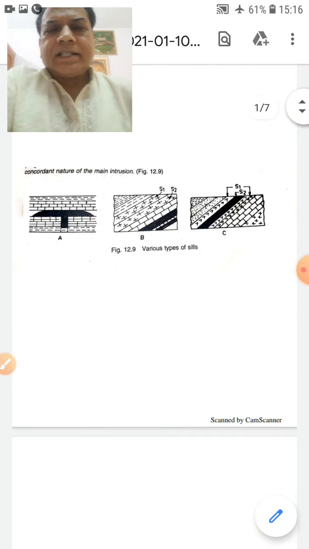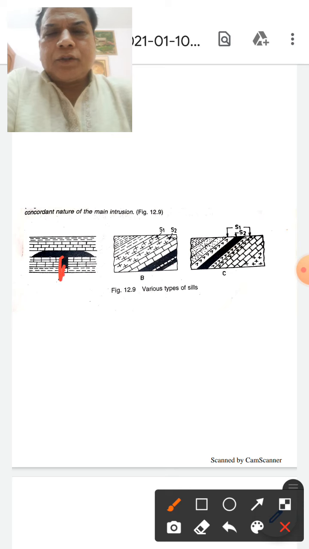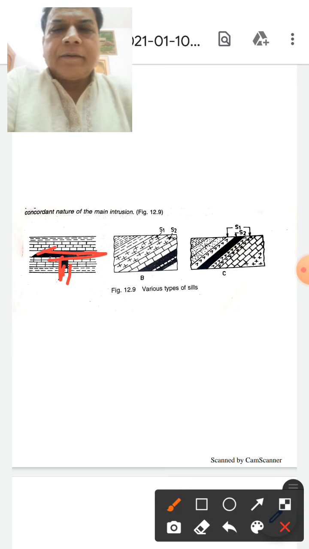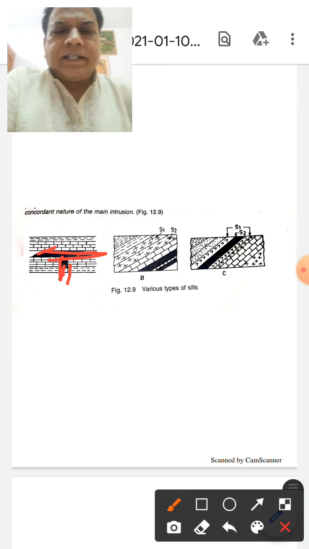Now as for the dike, this portion is cutting up, so up to here is a dike. Then this part has taken a course parallel to the bedding, so this is a sill. This is a dike. We can show it in a separate diagram also, but just understand from here. The dikes cut across. Here you can see these are parallel. If the same occurrence is like this and cuts across the country rocks, then it will be a dike.